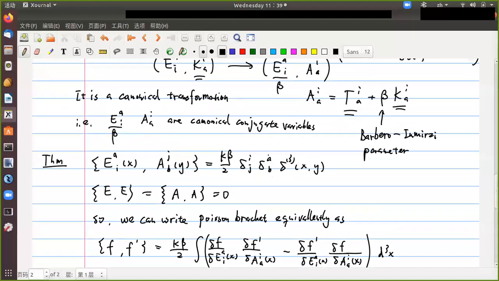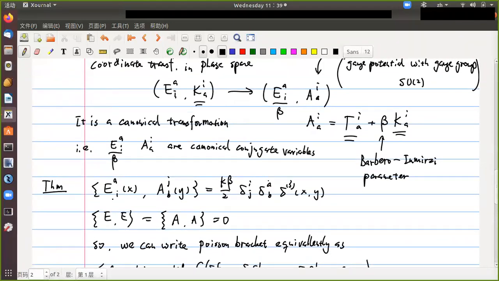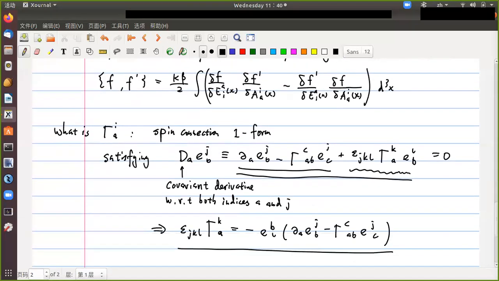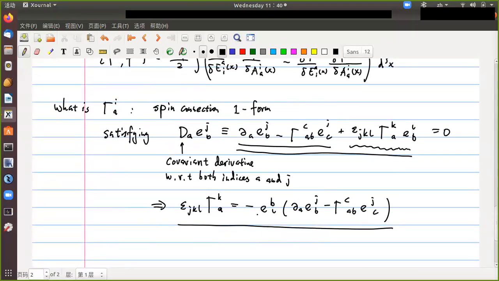Also, you may wonder, because if you want to compute this Poisson bracket, you need a formula for gamma or for A in terms of K and E, the old variables. Here you can see it's explicitly dependent on K, but you also need to find the dependence on the E variable. So this gamma IA is actually a function of E only. But in this formula, I only see that it's dependent on small e, the